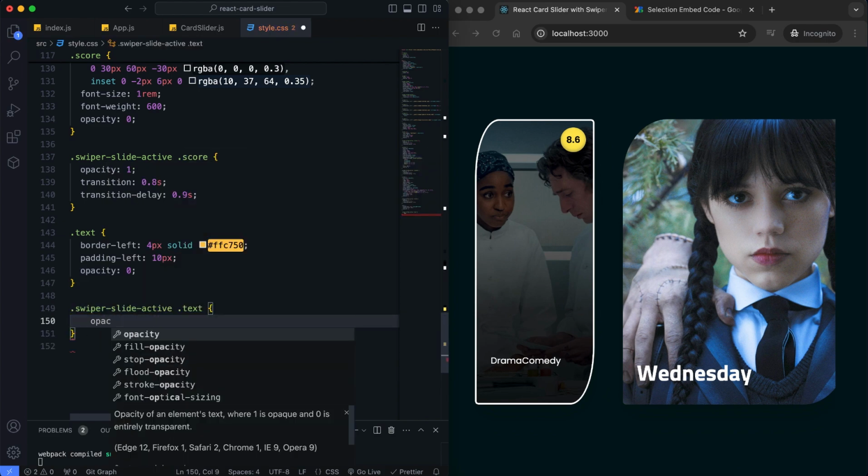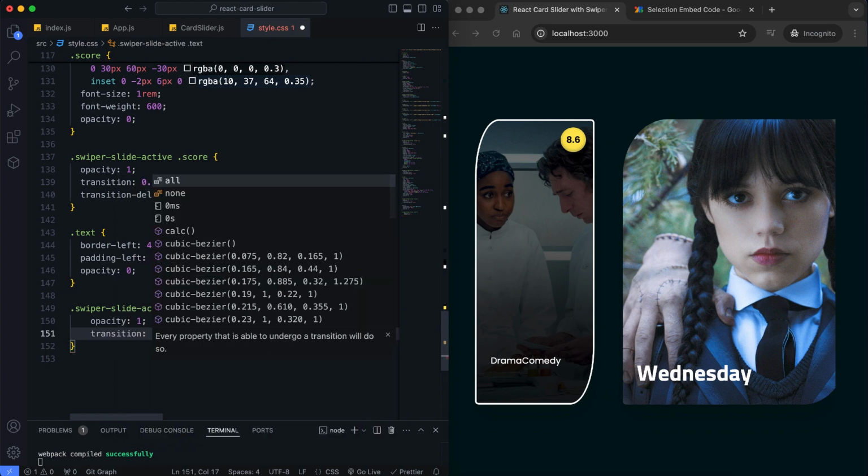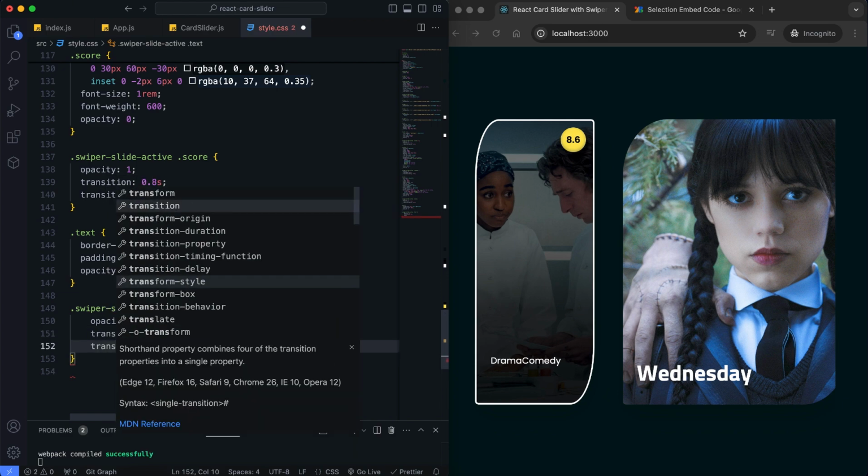When the slide is active, the text block fades in with the heading and paragraph.